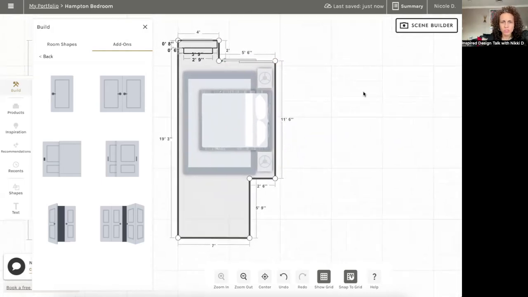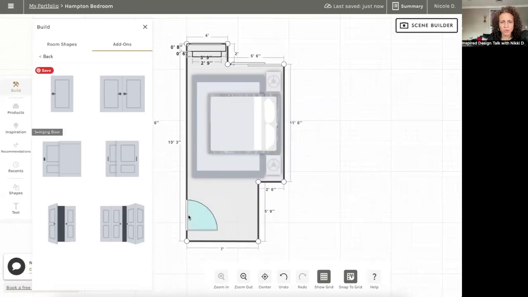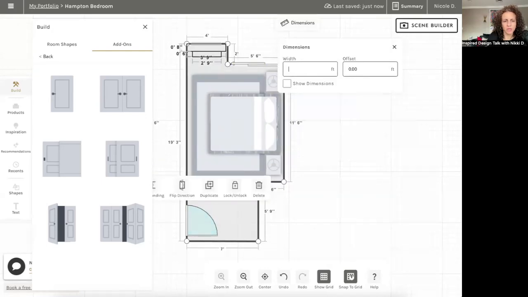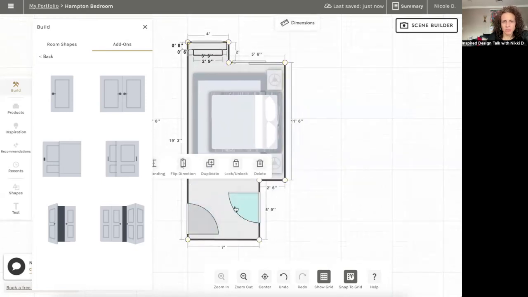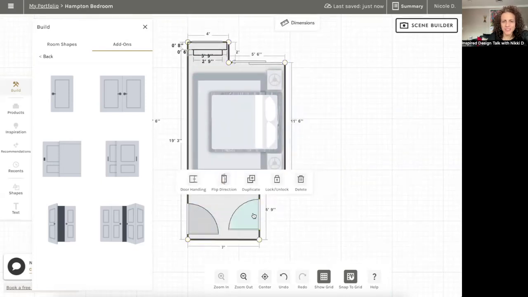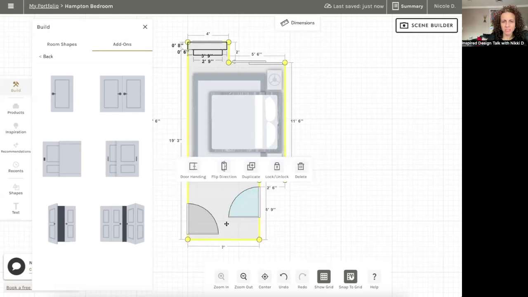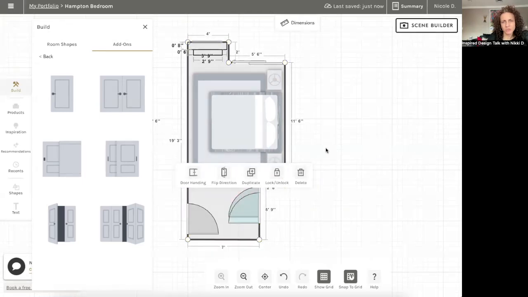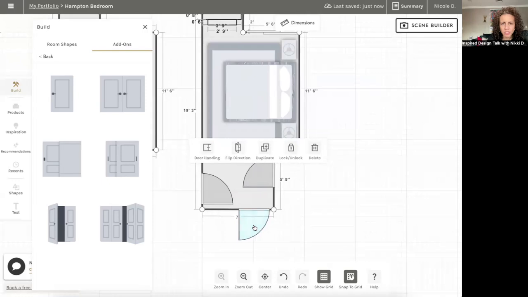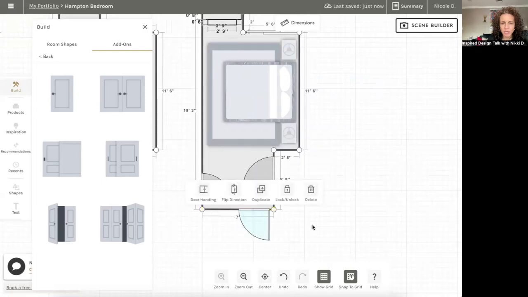The doors are the same process where you pull out the doors, you have to shift it to the direction, click on it. I would just put 3 feet for the door, duplicate it. I have to flip the door handle to get it to go the right way, shift it up. I can't use rulers to tell, so I'm counting the boxes. I still need another door, so if I duplicate this one and I move it here, flip it, so we'll put